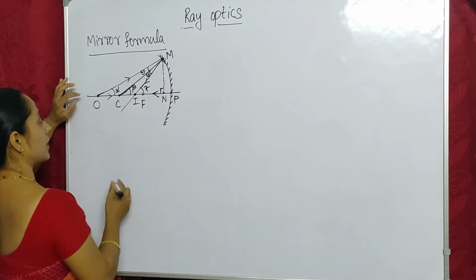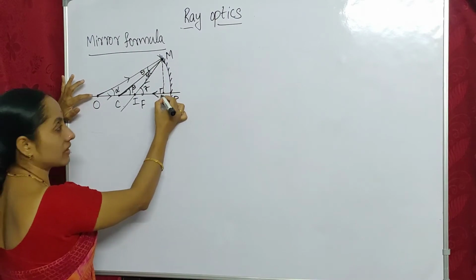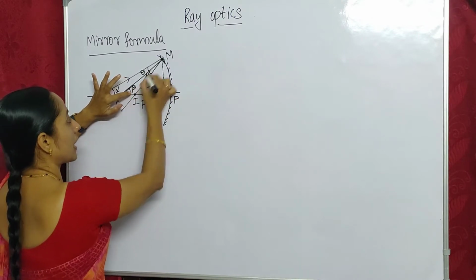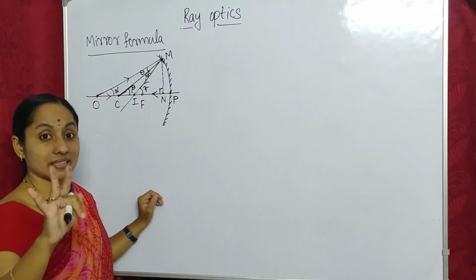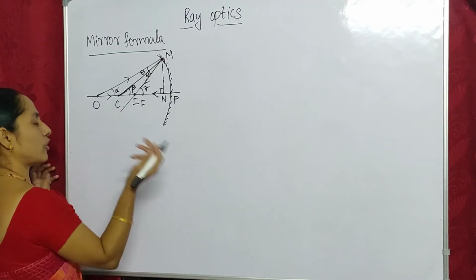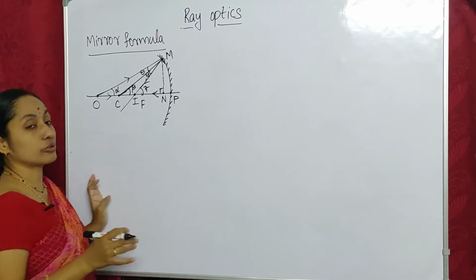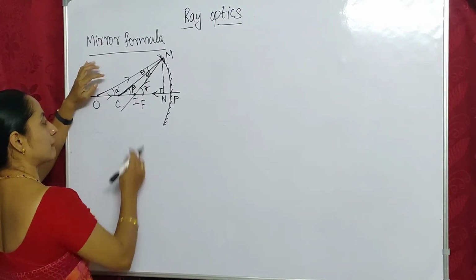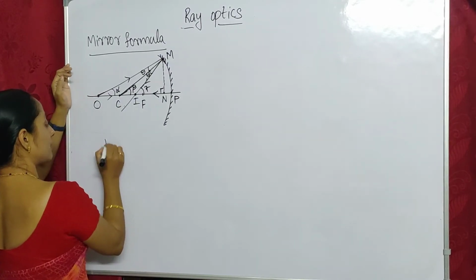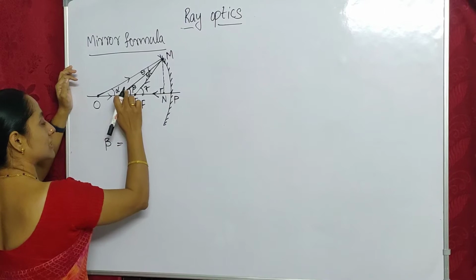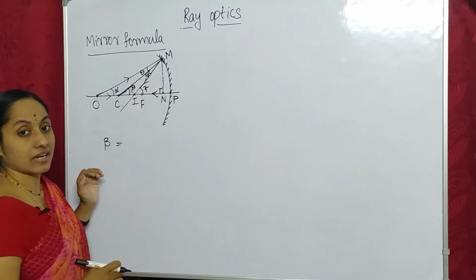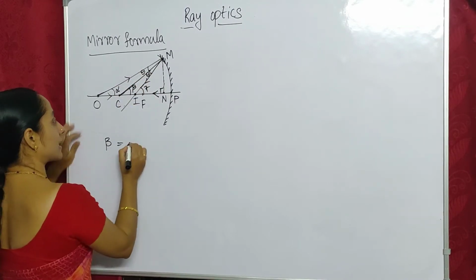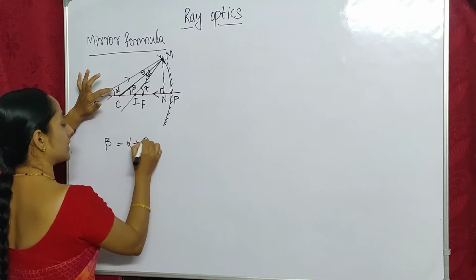Now, if you observe carefully, OMN is one right angle triangle, CMN is another right angle triangle, and IMN is another right angle triangle. There are three right angle triangles here. So whatever we want we can select, but I am going to use geometry here. According to geometry, if I select beta, beta is the exterior angle to alpha and theta. Yes, the exterior angle is the sum of the interior angles. So I can write beta is equal to alpha plus theta.